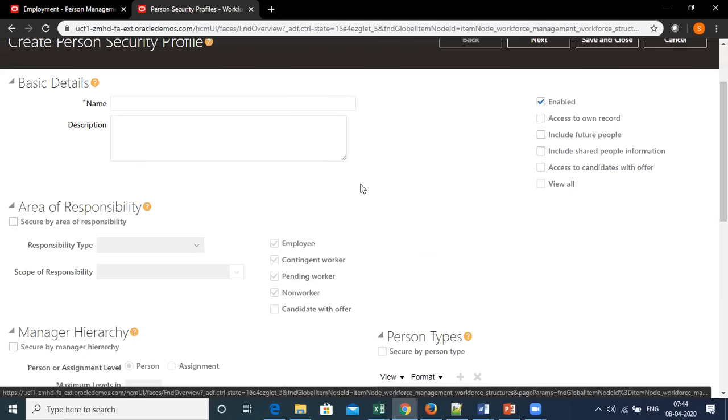Now, area of responsibility. Basically we have a feature on Fusion called area of responsibility. What does area of responsibility mean? It means that when you have an organization in which you have some specific people to whom you are giving a certain responsibility.